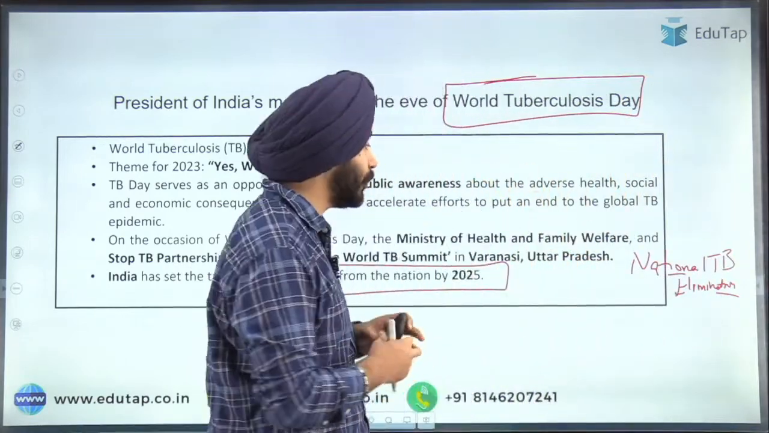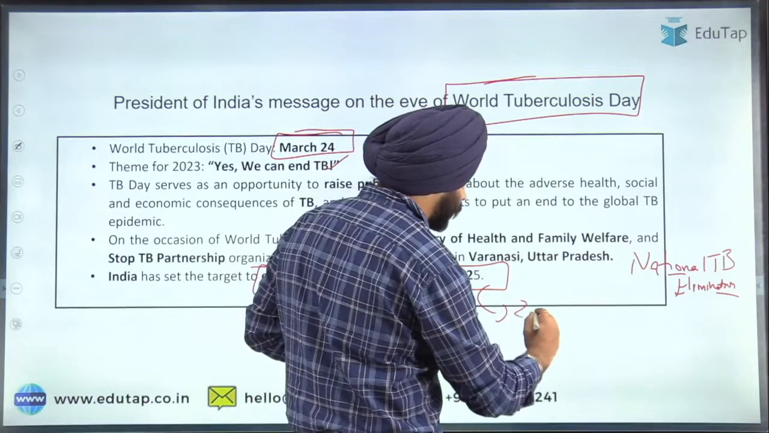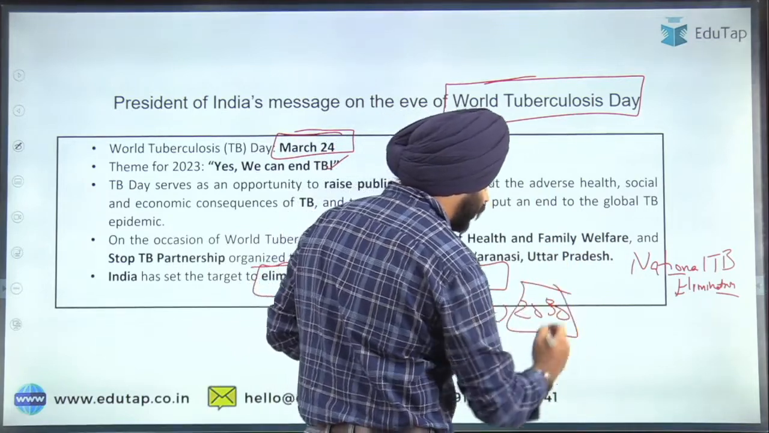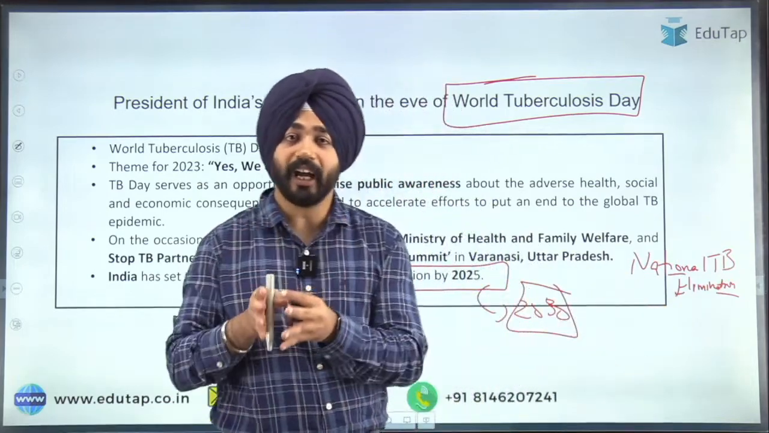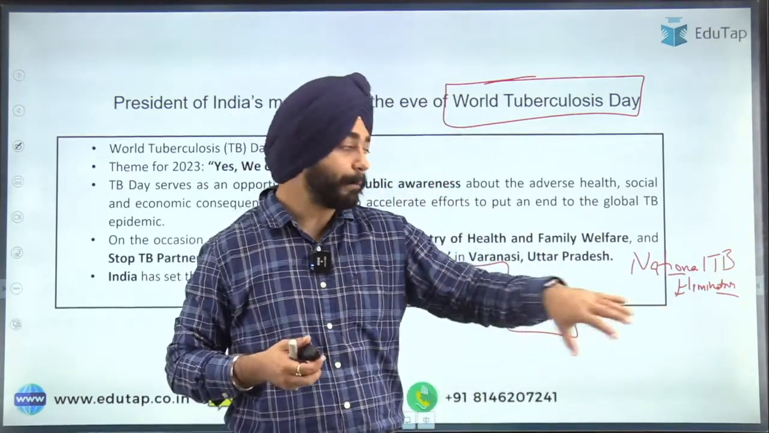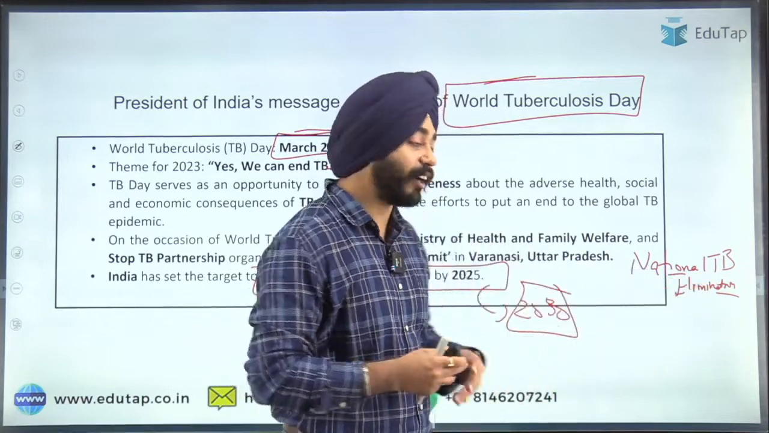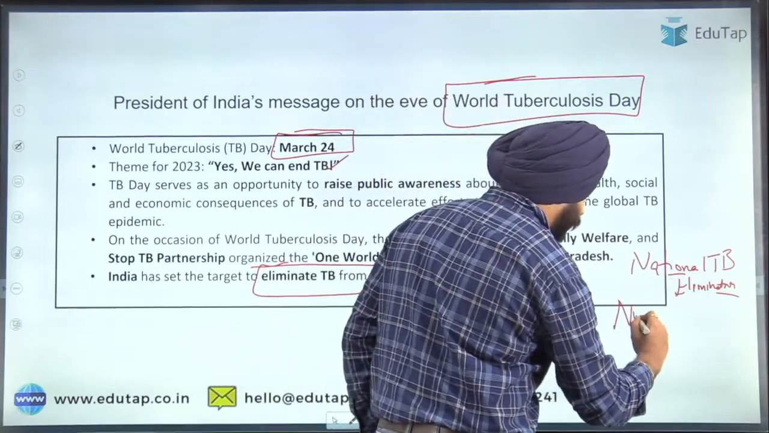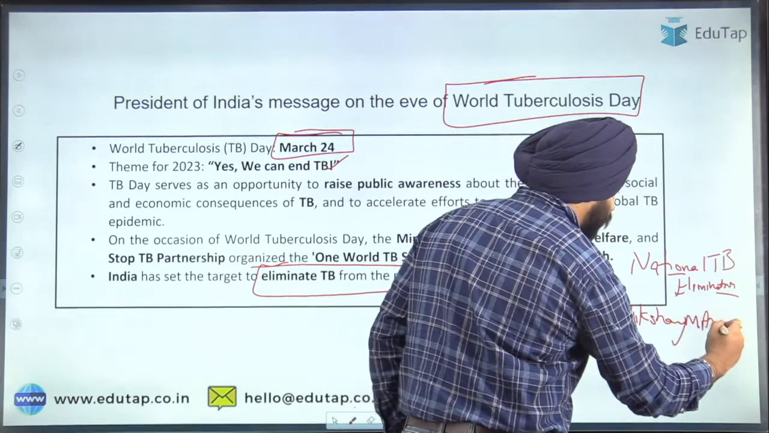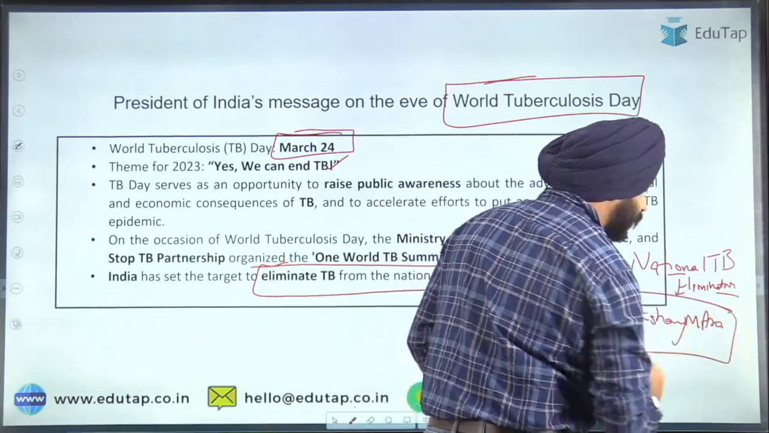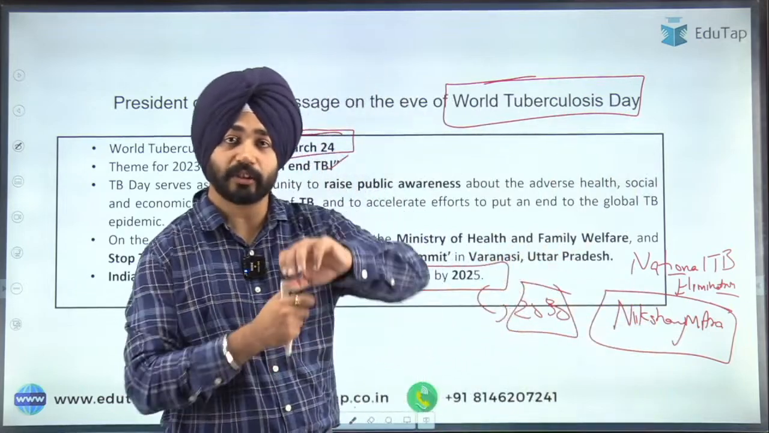So SDG targets to eliminate TB by 2030, whereas under the National Tuberculosis Elimination Program we have set the target to eliminate TB by the year 2025. Then here we have discussed the Nikshay Mitra portal, where persons could join and help people to get eliminated